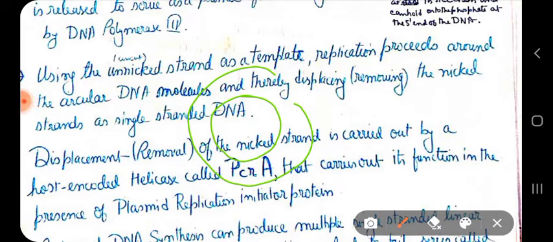So at the 5 prime end there is a phosphate group, and at the 3 prime end, okay. So this is a circular DNA molecule. Suppose this is the double stranded origin. Now at this site the Rep protein or the initiator protein, often we write it as Inr, cuts at that site in one of the strands.